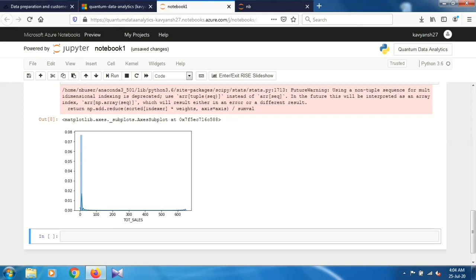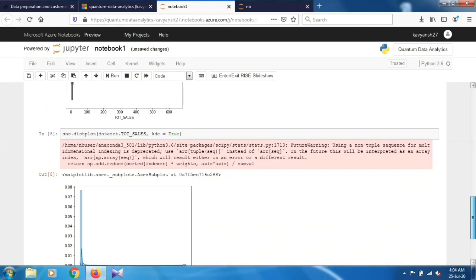So what are outliers? Outliers are nothing but, suppose there are 100 students in a class, and 95% of students are performing well and 5% are dumb, so that 5% are nothing but the outliers. So this last value is nothing but the outlier. So there is an outlier present in the data, and we have to clean this outlier. So for cleaning this outlier,